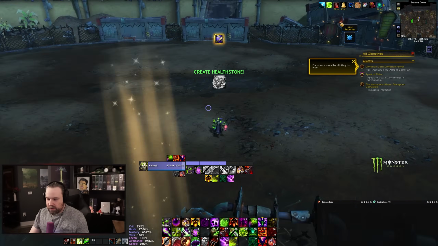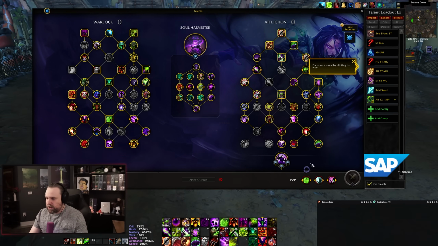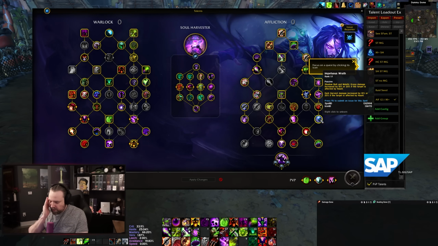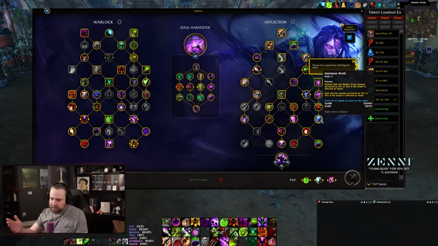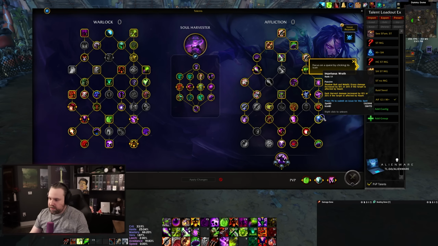If we shift into game here, they've moved around the tree. Nocturnal Yield was here, which, to clarify, was a talent that gave you an instant cast free Seed of Corruption whenever you had a Nightfall effect. So your Nightfall would be either a fast Drain Soul or instant cast Shadow Bolt, or it would be a free Seed of Corruption through Nocturnal Yield. Yield is gone. Impetuous Wrath is here, and they've added